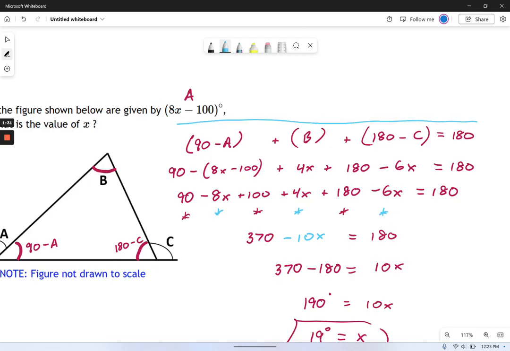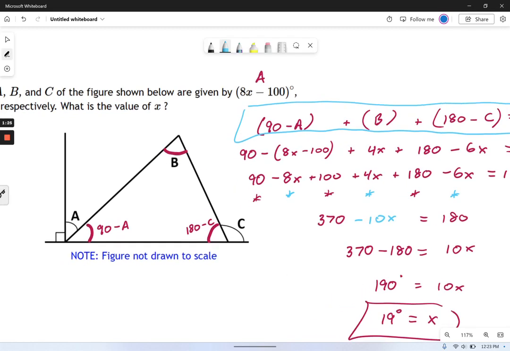If you can set this thing up, you are well on your way to solving it. After this, it was all just algebra, but you have to recognize supplementary angles, right? Interior, exterior add up to 180 when there's a straight line. Complementary angles, right? These guys added up to 90 degrees because we were given this clue over here of another 90-degree angle. And then we just make the algebraic substitutions.